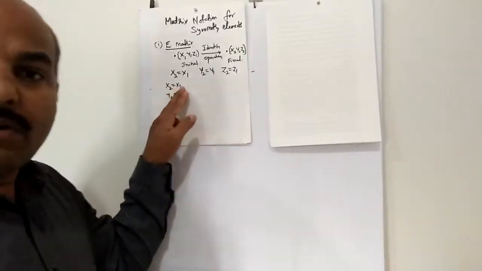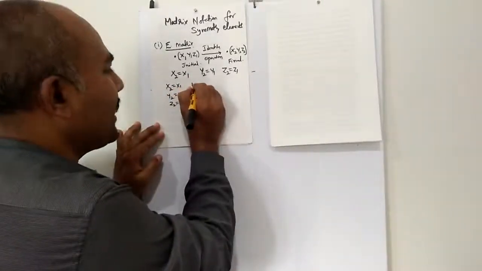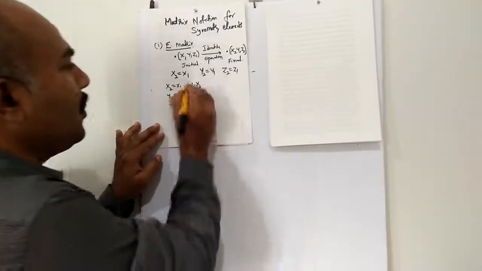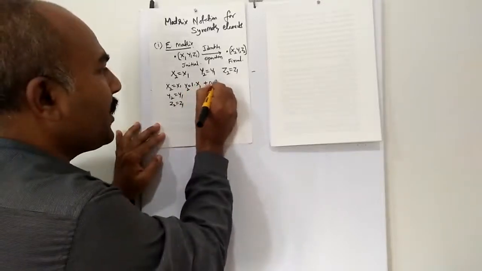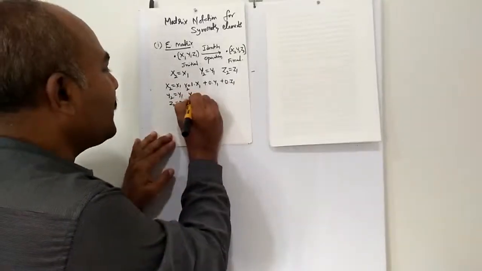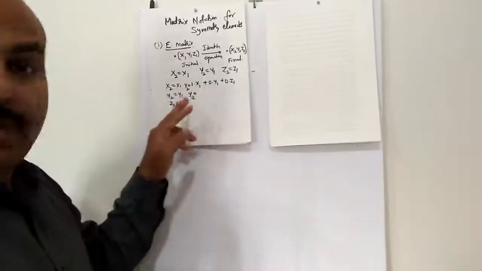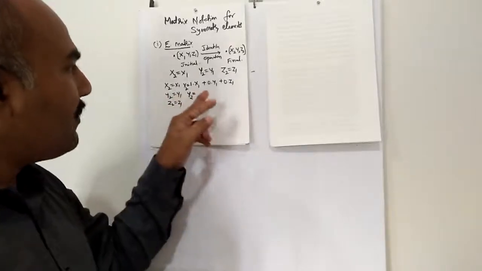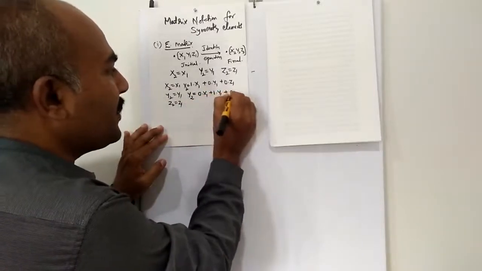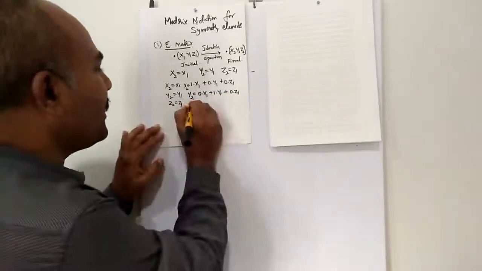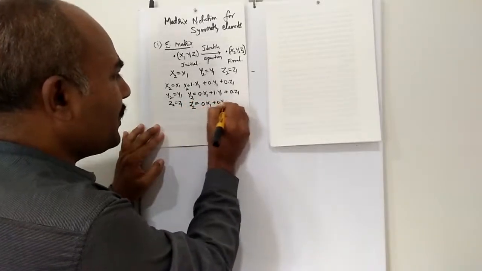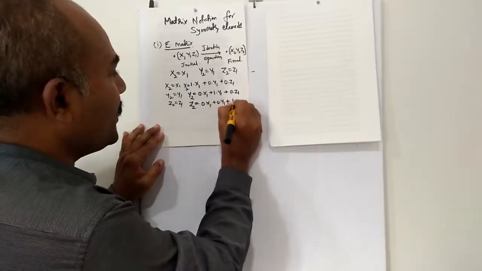Okay. The x2 is equal to x1 can be written in the equation form as x2 is equal to 1 into x1 plus 0 into y1 plus 0 into z1. Next I can also write y2 is equal to y1. The answer will be the same if you write it like this: 0 into x1 plus 1 into y1 plus 0 into z1. Similarly, when you go for z2, z2 is equal to 0 into x1 plus 0 into y1 plus 1 into z1.